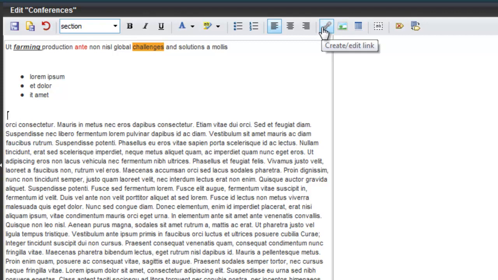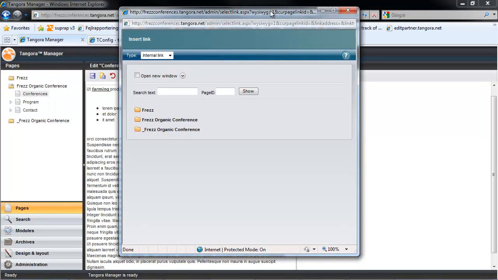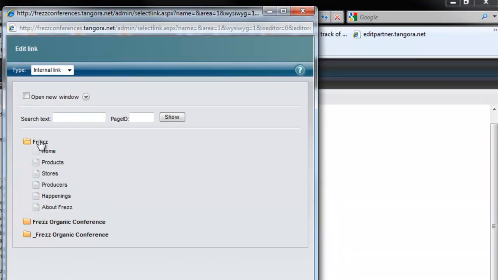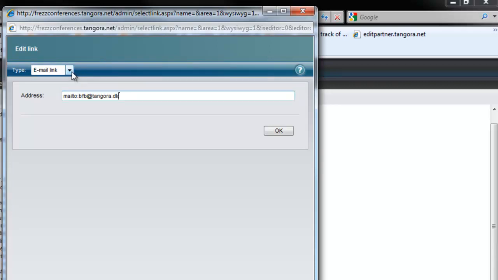So let's say we want to create a link. I just have to select a text that I want to link somewhere, and then you hit the link icon. And here we have several options. I could either choose to link to a page in my solution, and as you can see, we have a handy page tree up here, so I can navigate through my hierarchy to find a page, or I could also search for a given page. Or you could just, for example, write in www.tangora.com or whatever you'd like. And you also have the option to create a mail link, or to create a link to a file that you have uploaded to your file archive.